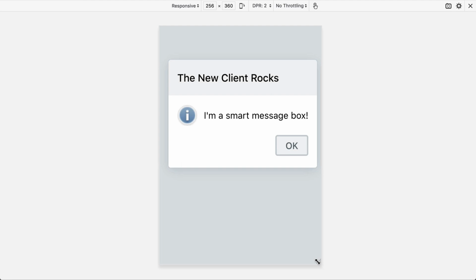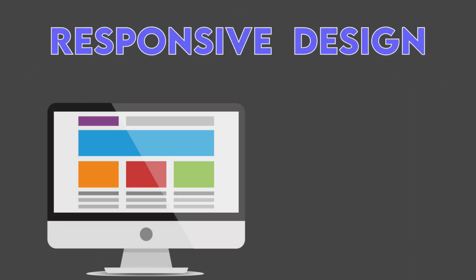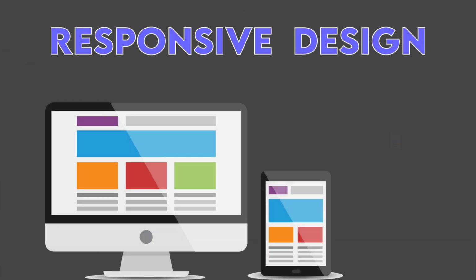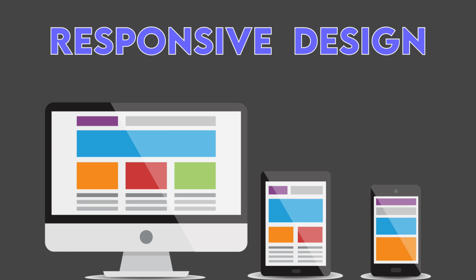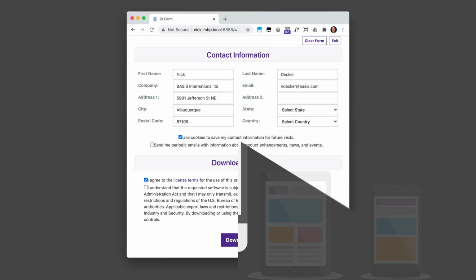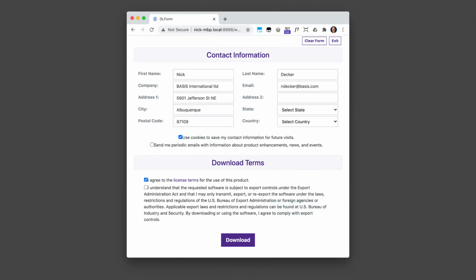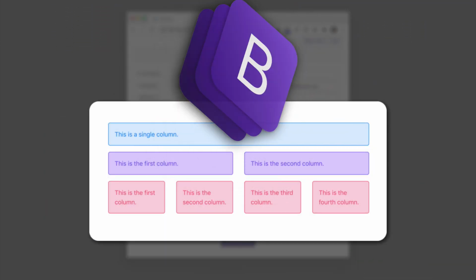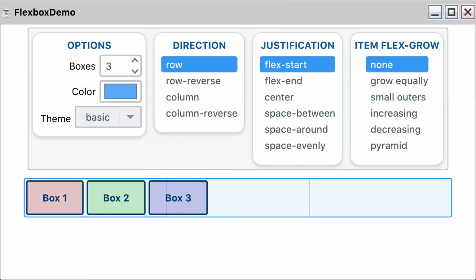bounds. Last time we showed an example of how the new client supported responsive design by switching off BBJ's normal management of control sizes and positions. The demo included a reproduction of the product download page's contact form and used Bootstrap for layout. For this video, we'll look at a Flexbox-based layout that uses BBJ custom classes to define container, row, and column